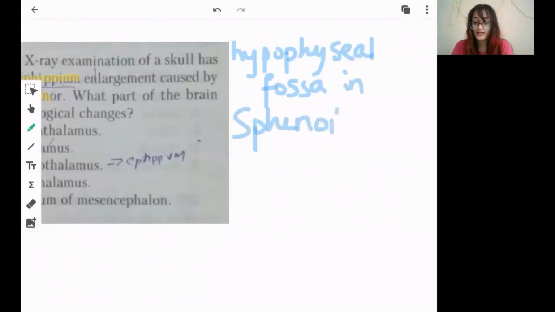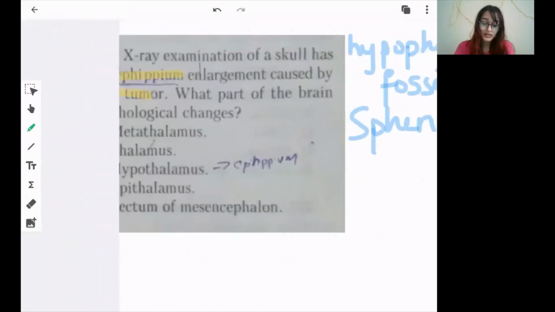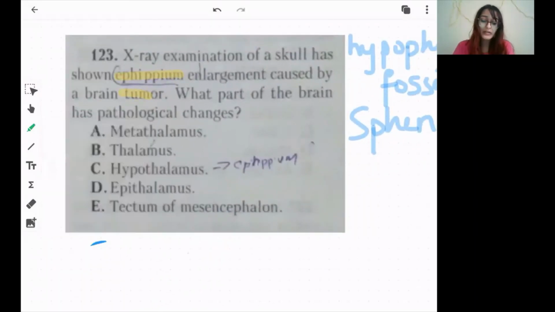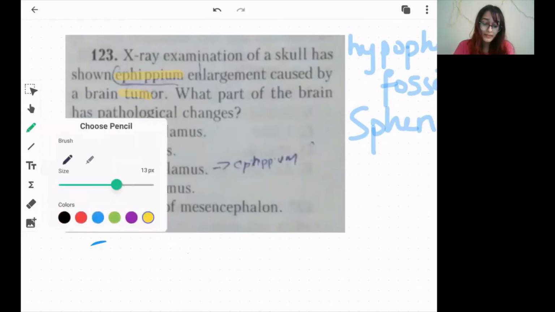Here, you know that in the saddle-like sella turcica of sphenoid bone, there is the pituitary gland. So the answer should actually be the hypophysis and not hypothalamus,